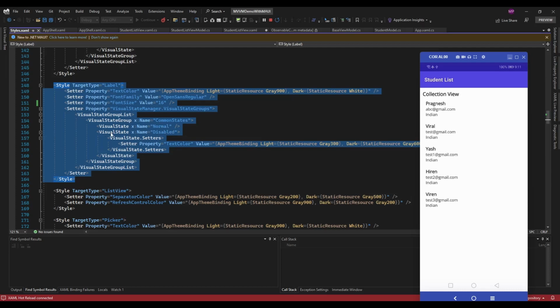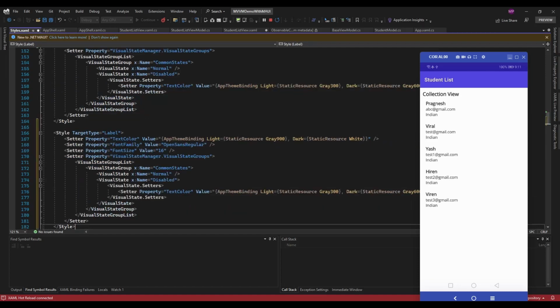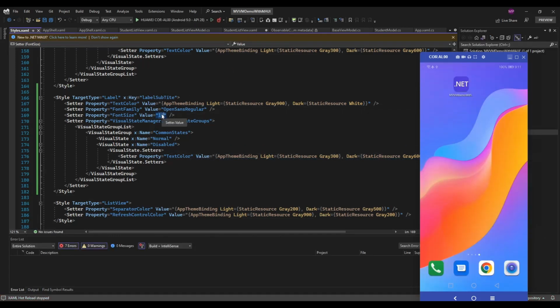You just need to add the style and here specify the key, like label subtitle, whatever name you want, that you can add. And here you can add that style of the label, like I need a label bold subtitle, and we just add here one attribute called